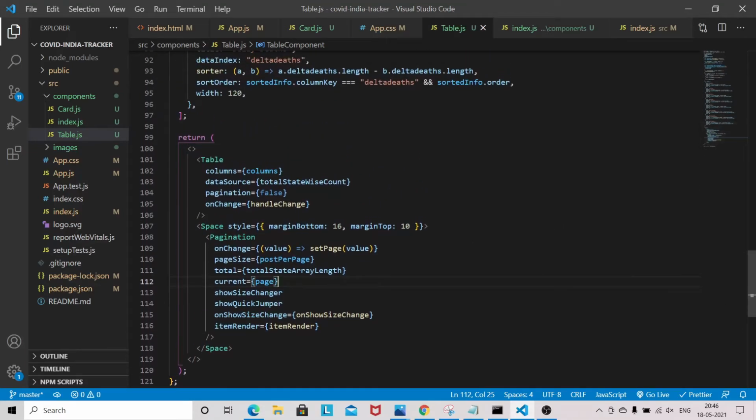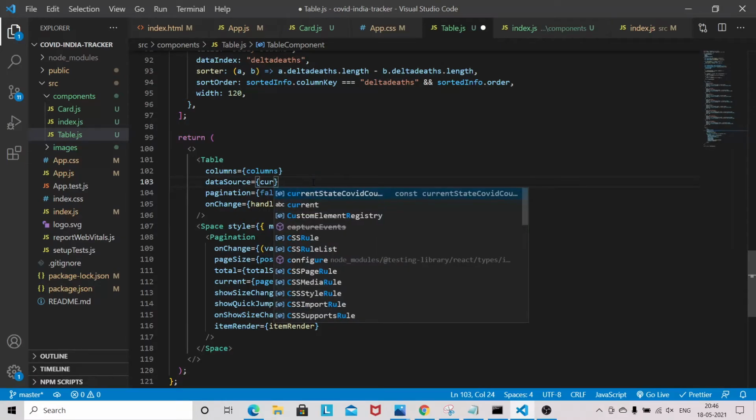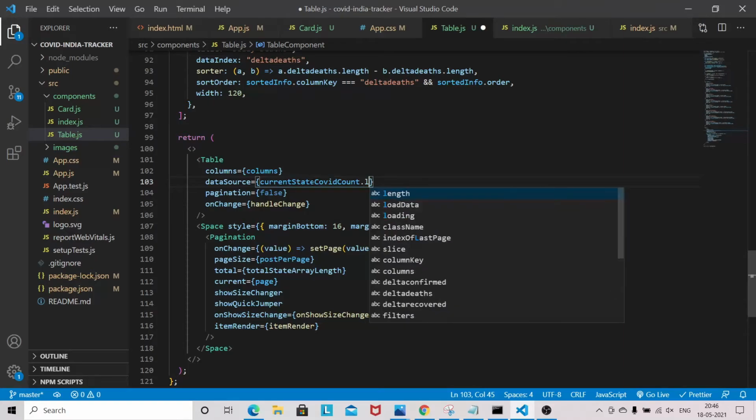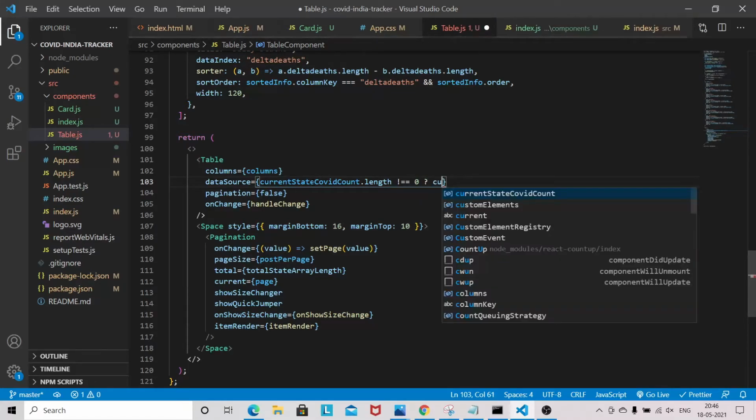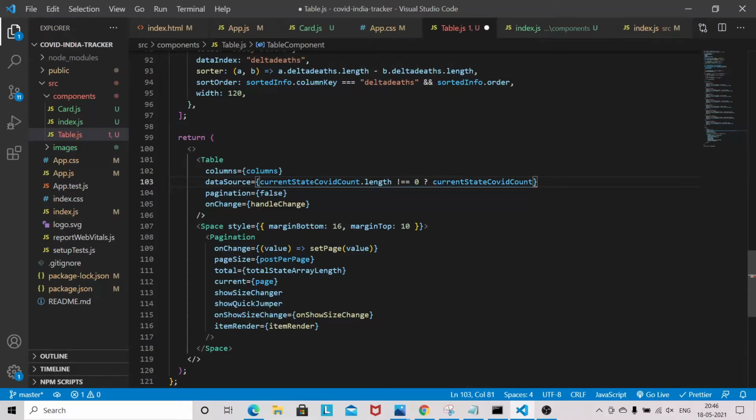Okay, now to show the pagination we need to modify this one. So if currentStateCovidCount dot length is not equal to 0, that means we have to show the currentStateCovidCount value, else total statewide count.